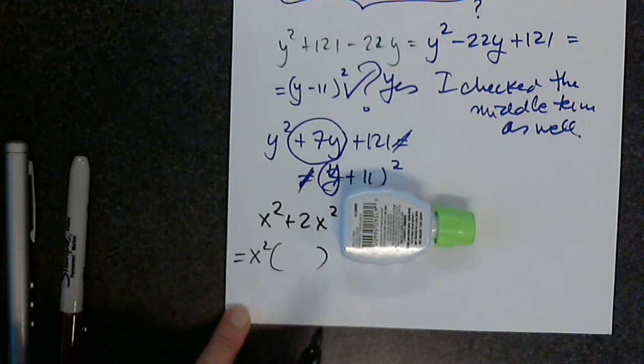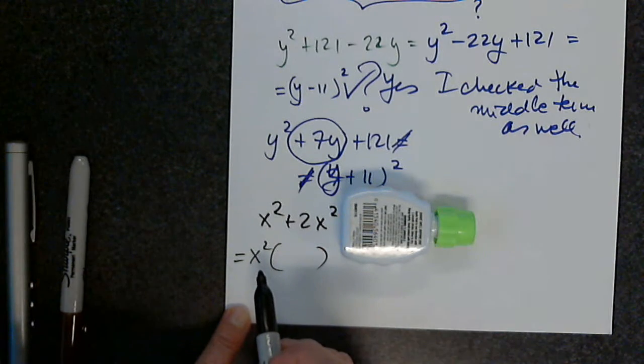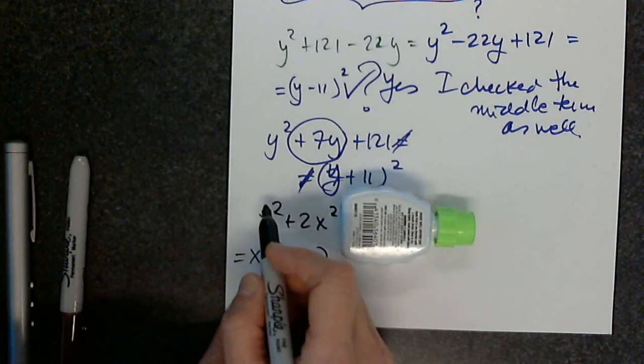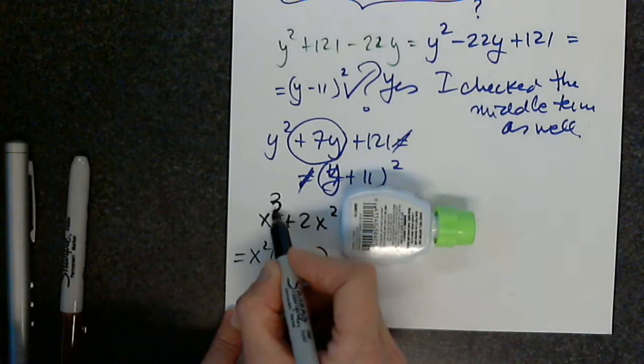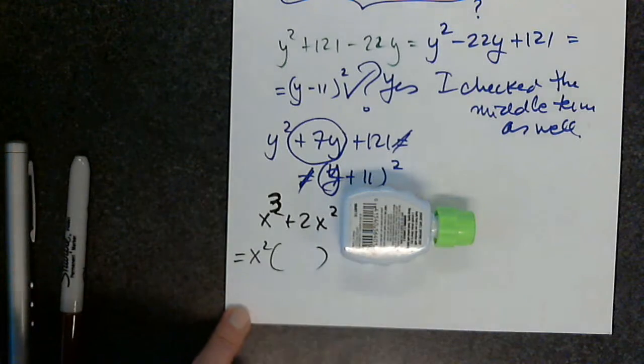X plus 2. Oh, because I copied it incorrectly. Yes, that's why. Yeah, I'm sorry. Sorry about that. So in parentheses we have,